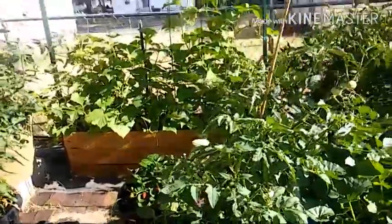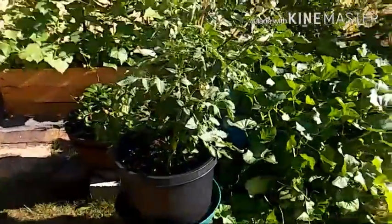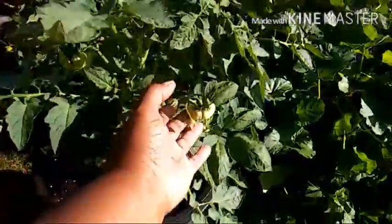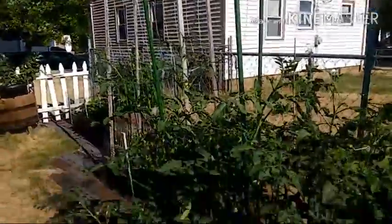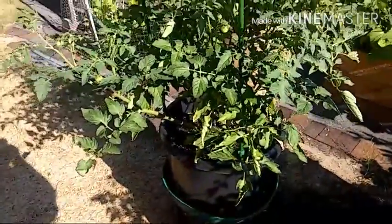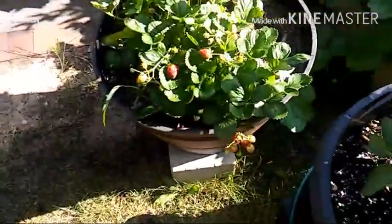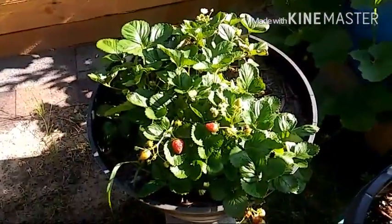This is my Brandy Boy, and it's already started blooming fruit, tomatoes. This is my Sweet 100. It's got a lot of tomatoes on it. My strawberries, I have clusters of strawberries on here. And then we have my,